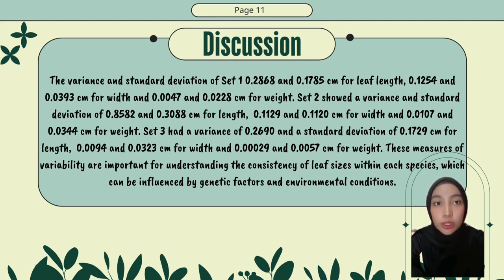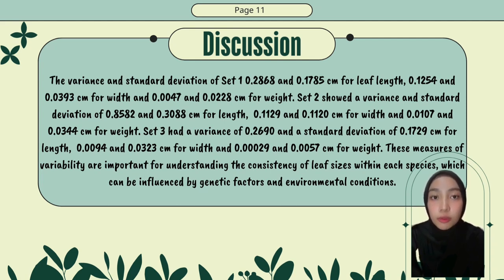0.1129 and 0.1120 centimeter for width and 0.0107 and 0.0344 centimeter for the second width measurement. Set 3 had a variance of 0.2690 and standard deviation of 0.1729 centimeter for length, 0.0094 and 0.0323 centimeter for width and 0.00029 and 0.0057 centimeter for the second width measurement. These measures of variability are important for understanding the consistency of leaf size within each species,